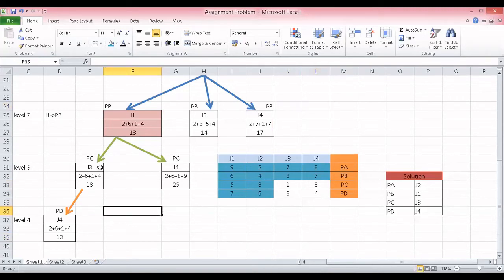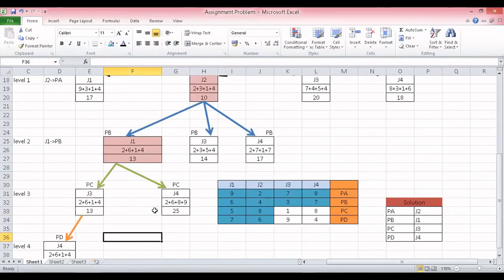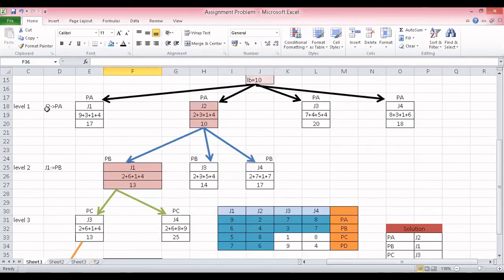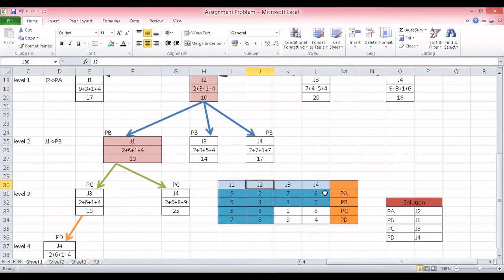Now coming to level 3, if you observe carefully, the first two values in the sum operation, 2 plus 6. Even here, see the second box, 2 plus 6. That will not change. Why won't it change? Because job 2, person A. Person A is assigned to job 2. What is the cost of job 2 for person A? It is 2. So 2, and